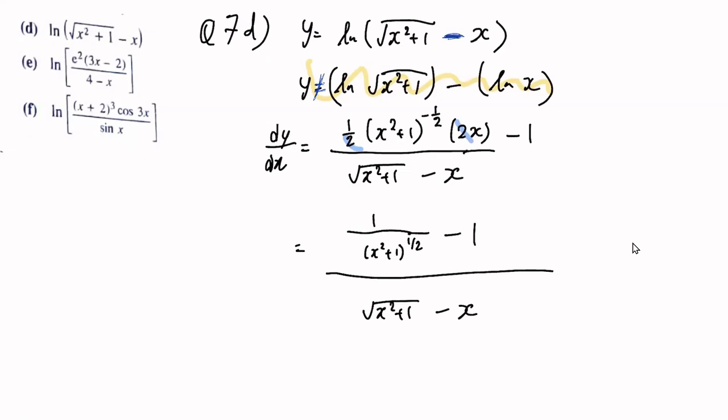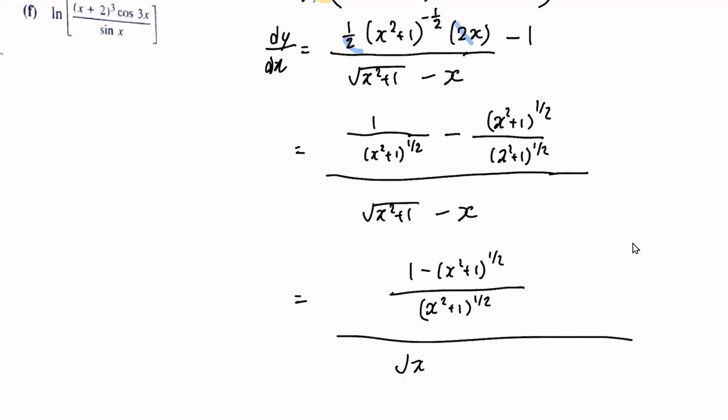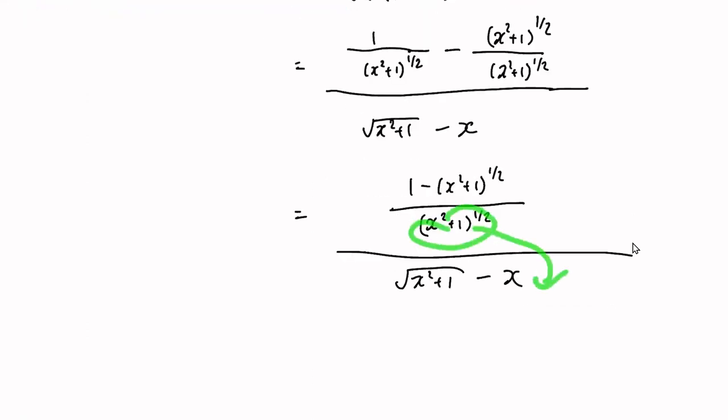Like this. Then, this one got a minus 1. Very irritating. Means I have to minus x squared plus 1 power half over x squared plus 1 power half. Then I can combine it into a single fraction: 1 minus x squared plus 1 power half all over x squared plus 1 power half, all over square root x squared plus 1 minus x. And this one can go to the bottom, which will become 1 minus x squared plus 1 power half all over